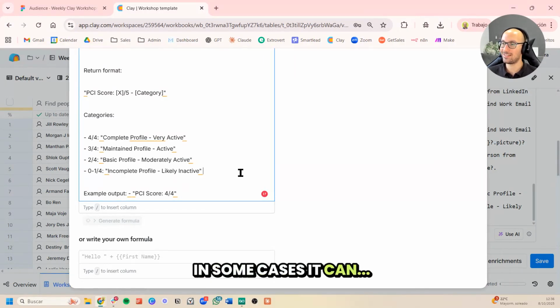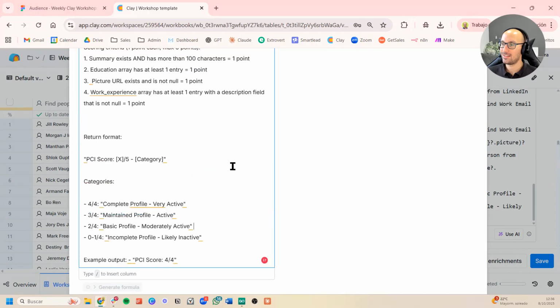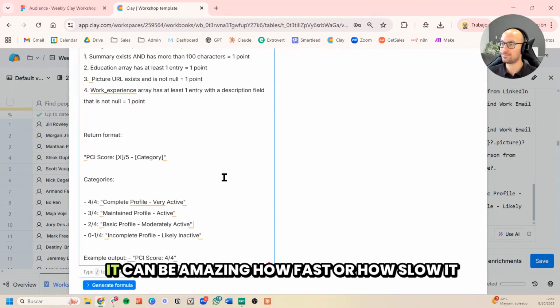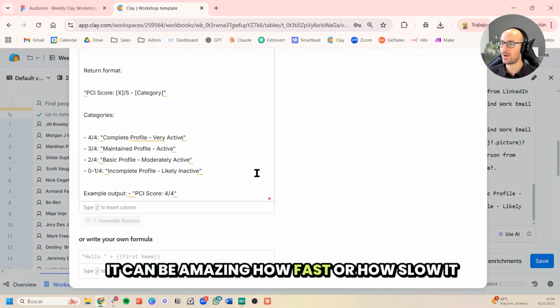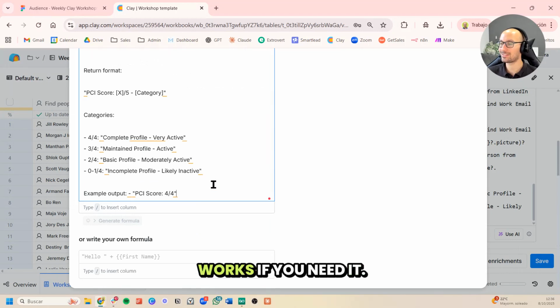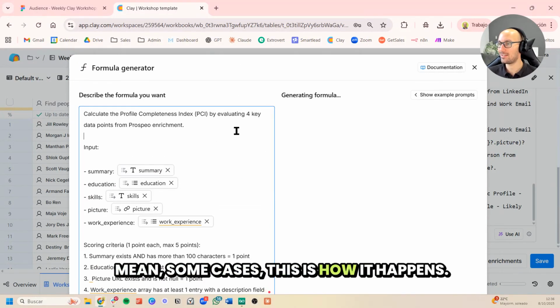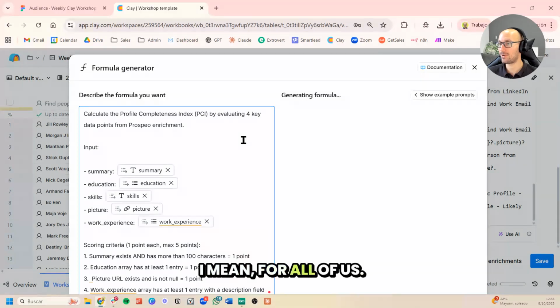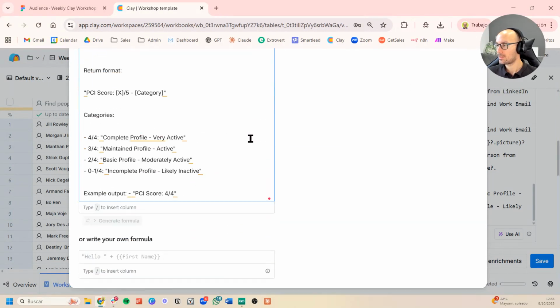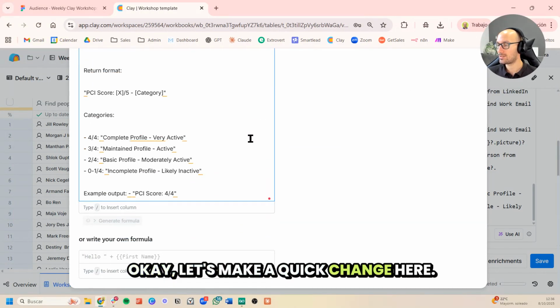In some cases it can be amazing how fast or how slow it works. I mean, in some cases this is how it happens, for all of us. Okay, let's make a quick change here.